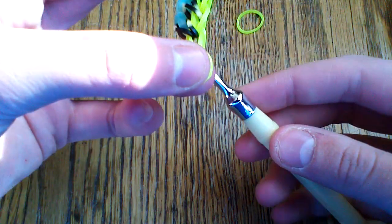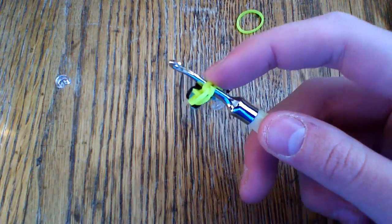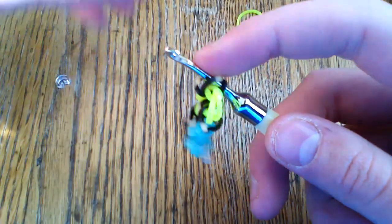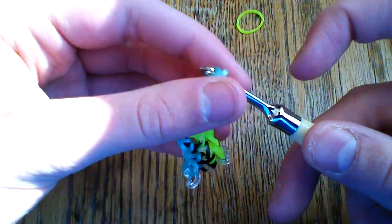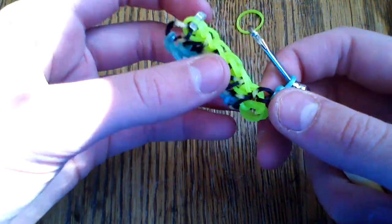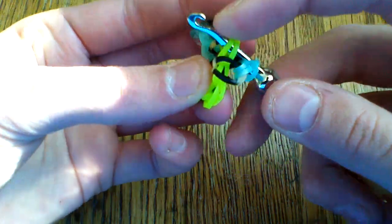you're going to stick your hook through the back or underneath here, and you're going to do the same thing. So grab a tarantula band, pull it on, take your Caribbean green, pull it onto your tarantula band, and pull it into a slip knot. You want both of the bars on the slip knots to be on the same side, so make sure that you do that. Put your hook through the back,